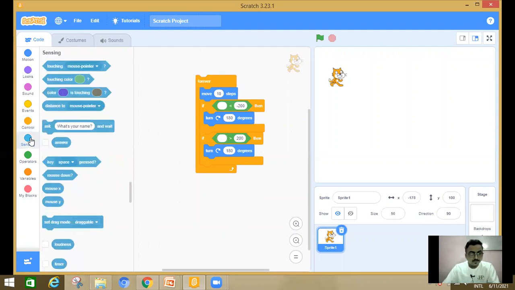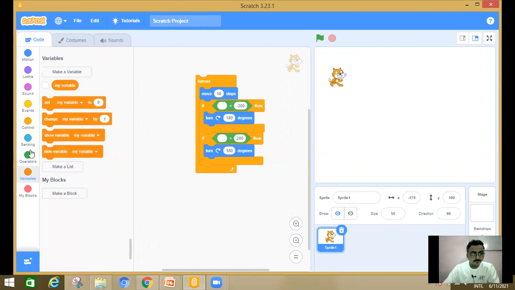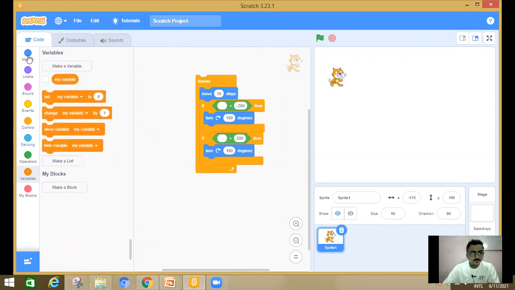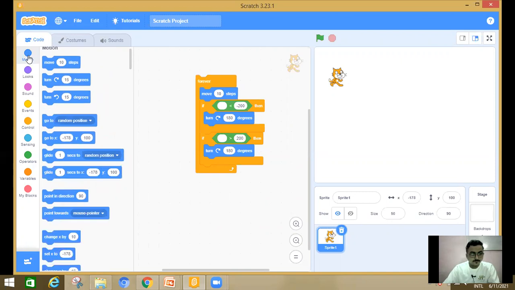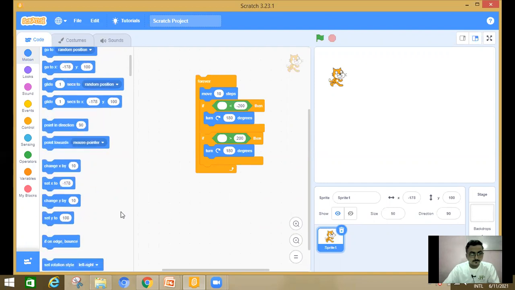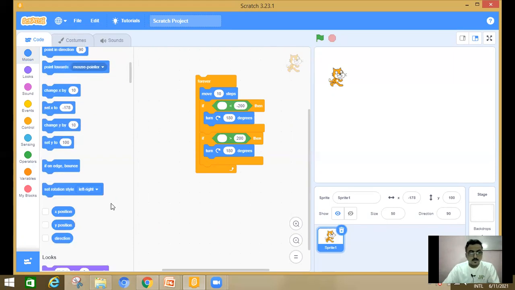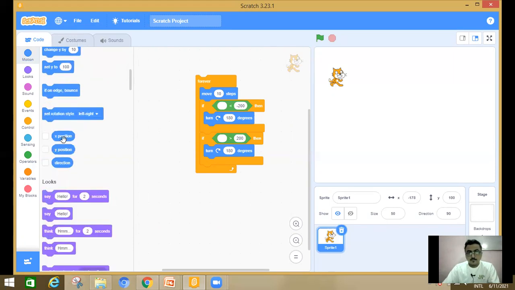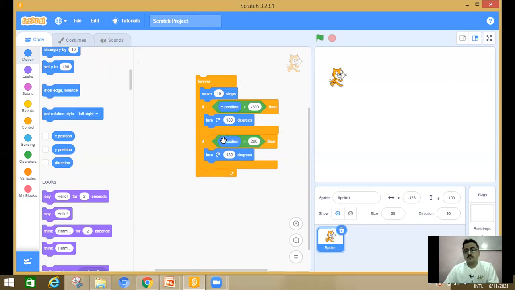Here in motion you have to choose X position. So I have to drag and drop it here. Again I have to take X position. Now you will see the effect.